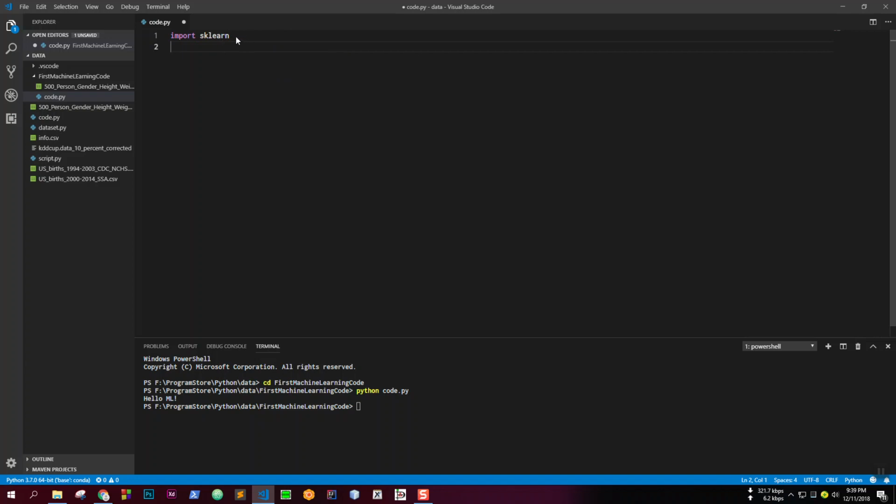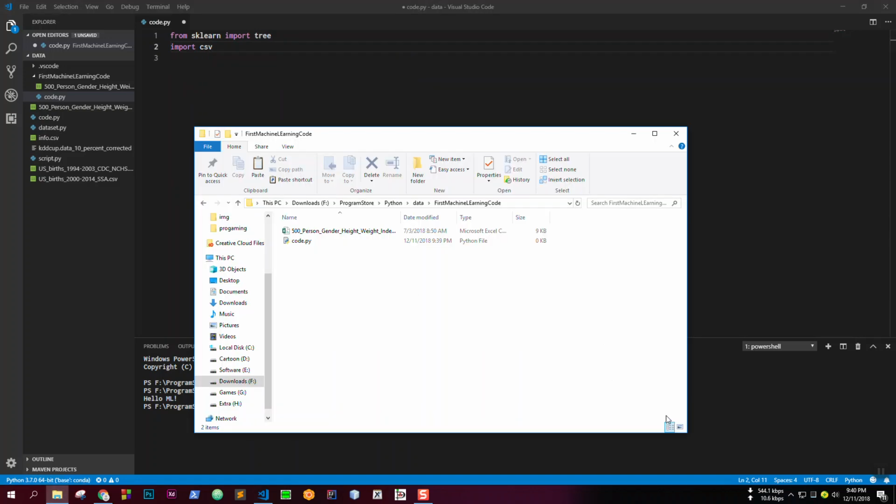That's really helpful. Since we'll be coding a simple built-in decision tree classifier, you can do it also this way too, from sklearn import tree. So if you don't need the entire module imported, you can just do this. For our purpose, either would do. And to make our life easier with file handling, I'm just going to import a CSV module. You can see the file we will be using is actually a CSV file,